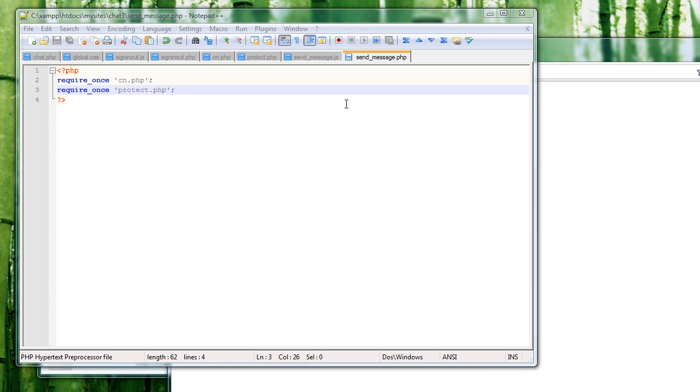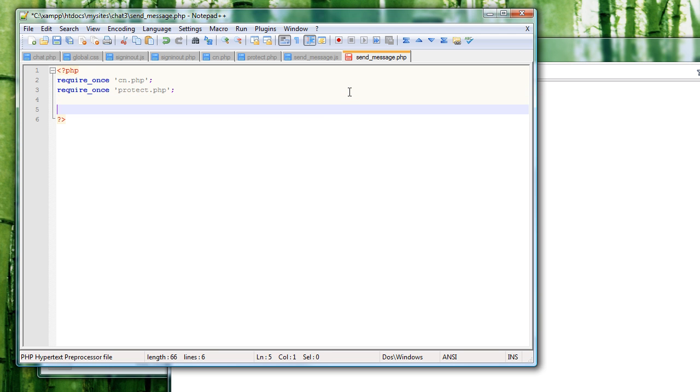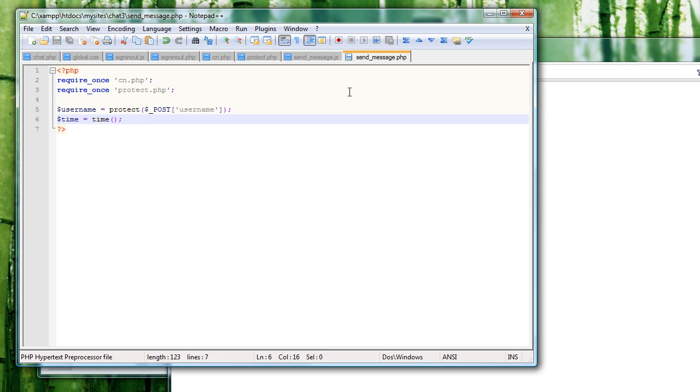So once you've done that, first we want to create a new PHP variable that's going to interpret the received JavaScript variables. So username is equal to protect post username, then time is equal to time,